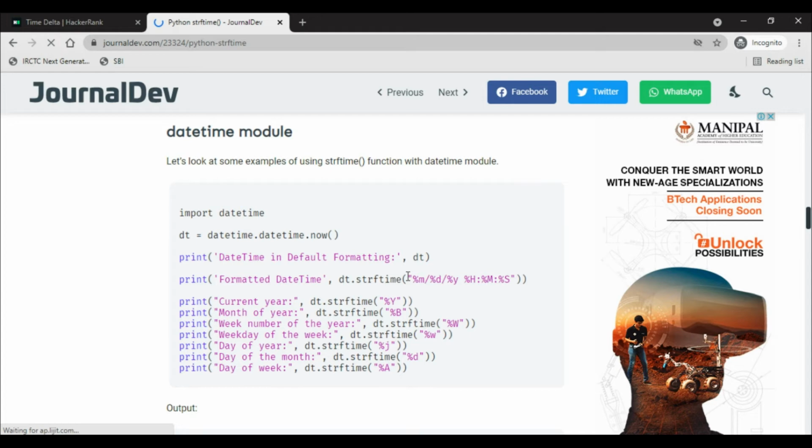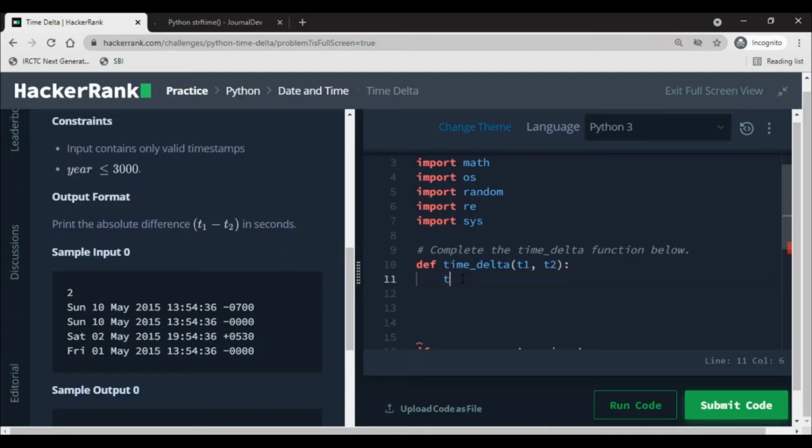So small m, small d, small y, and all the explanation is given here. I'll first write the format, time format equals, so you have to give it in this fashion, and you have to use percentages.